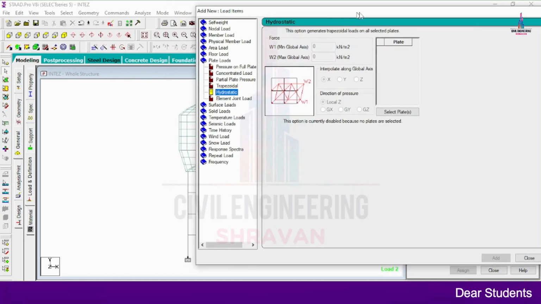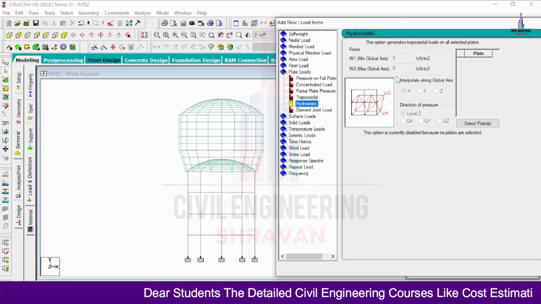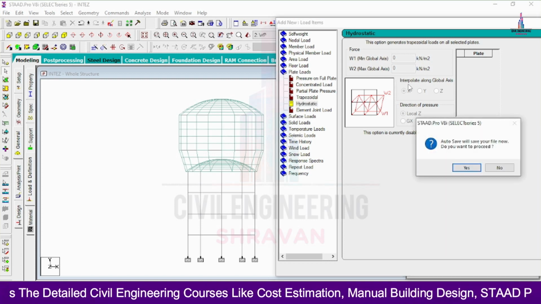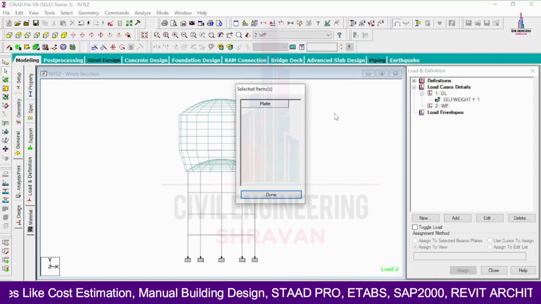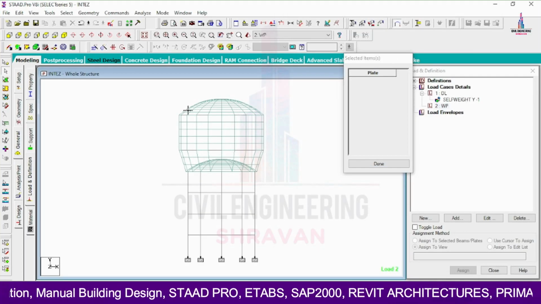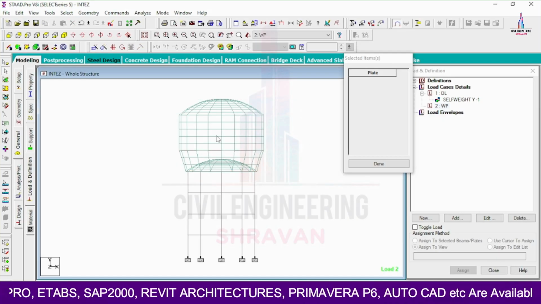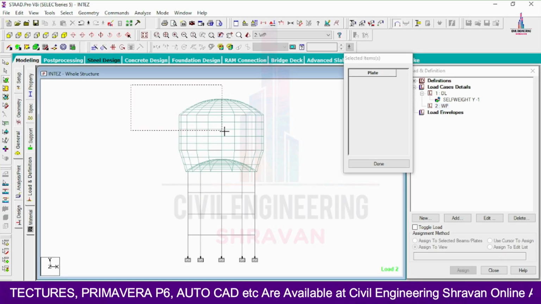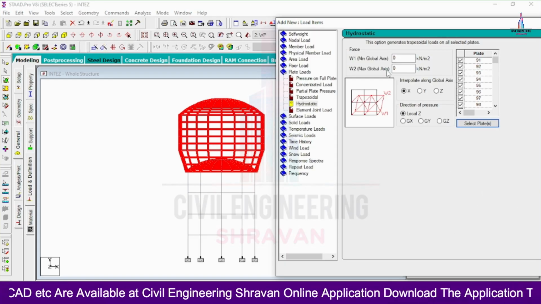Here we have to select the plate pressure, hydrostatic pressure. Initially we have to select the plates. Before selecting the plates, it is not possible to give the values. Only after selection of the plates is it possible to give the inputs for the model. So click on the select plates option. If you select directly, it will not select the plates, only the frame sections. To select the plates, click on the plate cursor option. Again, select the plate, click on the done option, and it will open the property here.